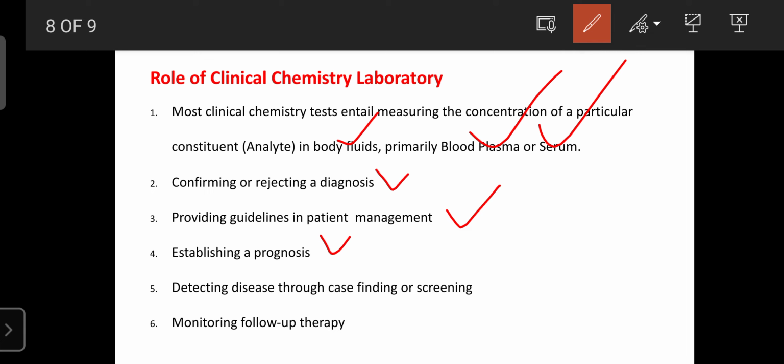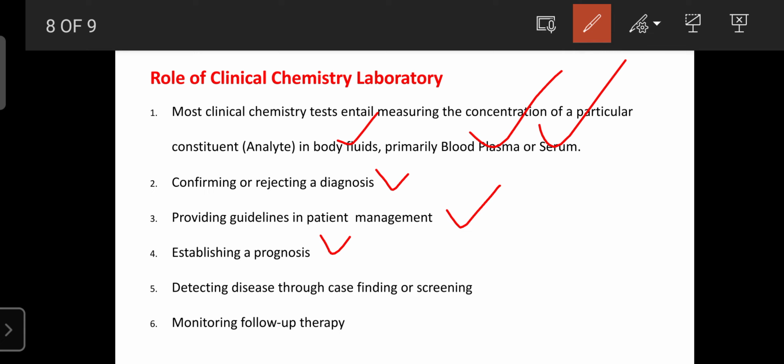So that is one of the main roles of the clinical pharmacist in the area of development of therapy, known as the prognosis. How was the therapy developed? On the basis of the clinical chemistry results or laboratory. For example, once again in COVID-19, they noted that D-dimer was increased in COVID-19 patients. It means somewhere coagulation is occurring. So the doctor can find out what factors are required to avoid internal hemorrhage, and that drug is administered. Like that, these laboratory results are helpful for establishing the prognosis of therapy.